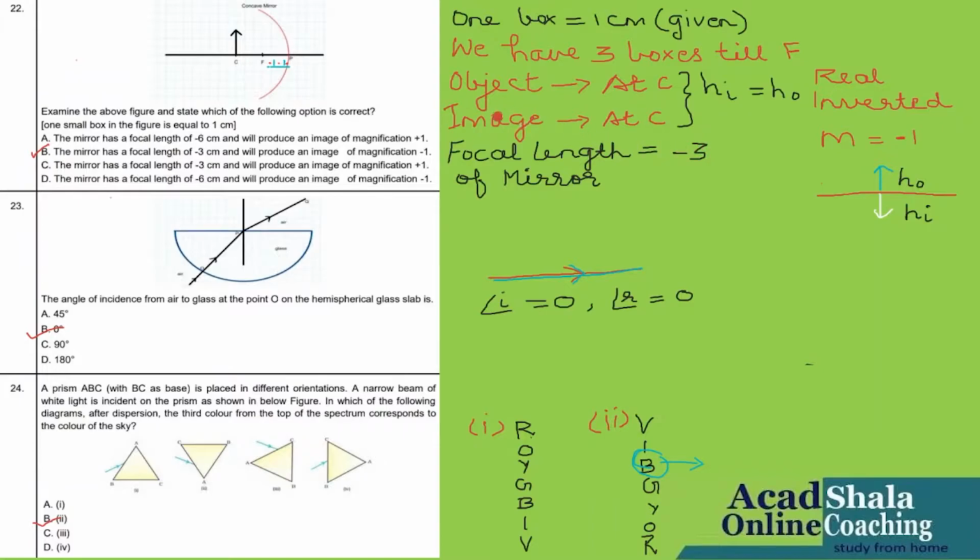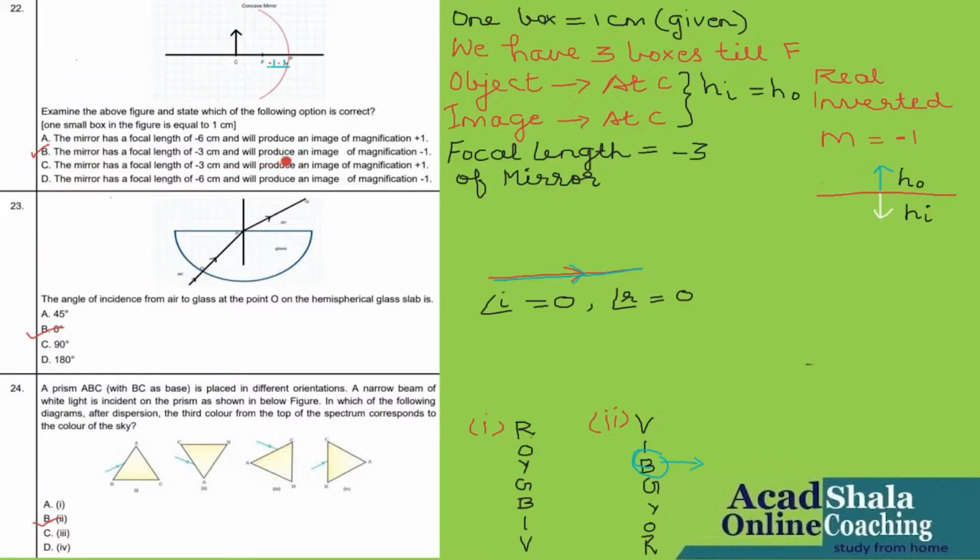Now, if focal length is equal to minus 3 centimeters, and we see the 4 options, according to the answer which I have calculated, I can discard option A and D, because the focal length is coming out to be minus 6 and over here also minus 6. But the answer which I have calculated for focal length was minus 3 centimeters. Therefore, I will discard options A and D and keep options B and C to see which is the best option among the two.